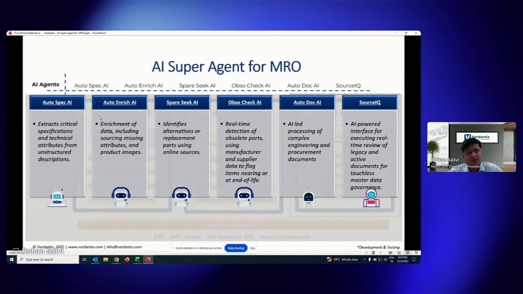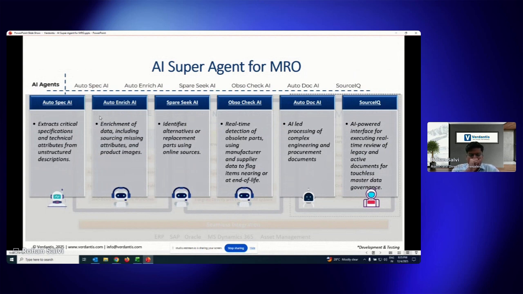Now, why this is all important is that many times the quality of the master data cannot be solely relied upon based on the input that the user provides or based on what is available online. It is also important to take into account the documents associated with the records being set up, to ensure that we create a robust, complete record every single time.